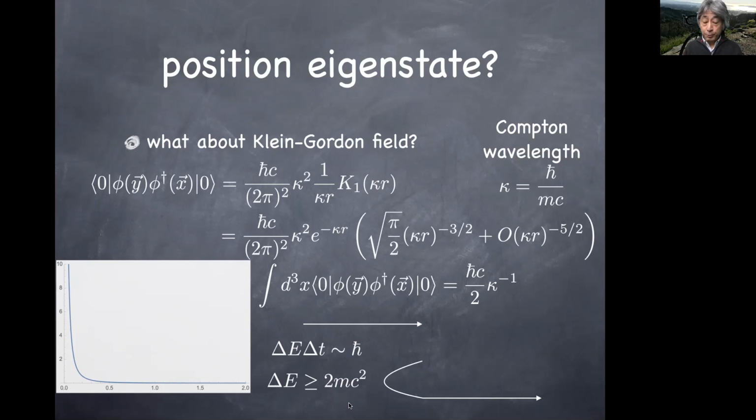But we are allowed to do this within the spirit of the energy-time uncertainty principle, as long as you give this energy back within the time delta t of h bar over 2mc squared. So within that allotted time, the particle that is created as a part of this quantum fluctuation can travel, but at most at the speed of light.